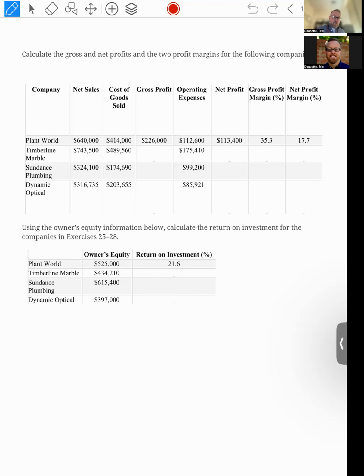Okay, the last two ratios that we're going to look at are gross profit margin and net profit margin, and then your return on investment. As far as the formulas, they've given you all the factors here. You just have to figure out the differences. Their formulas look like this. Gross profit margin is basically gross profit